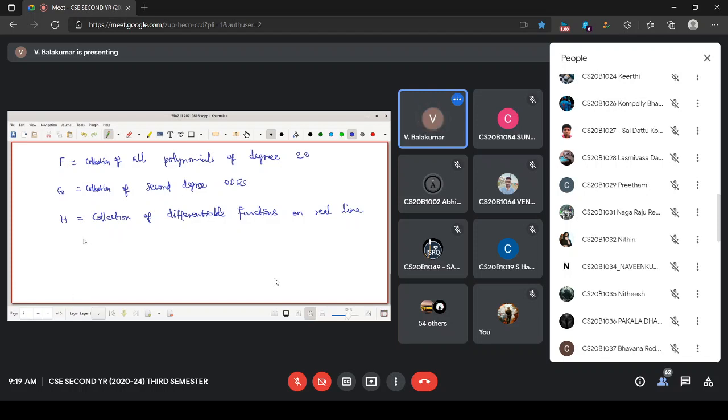Only these I will explain in other methodology also. This is actually, you are going to collect all the functions from R to R, with the property that the function is differentiable.